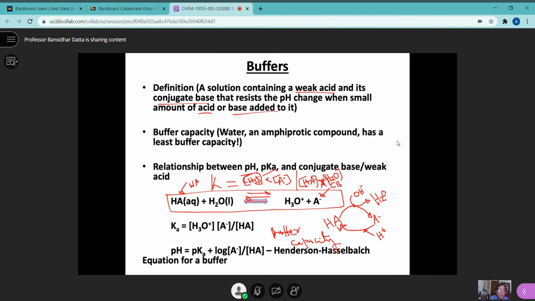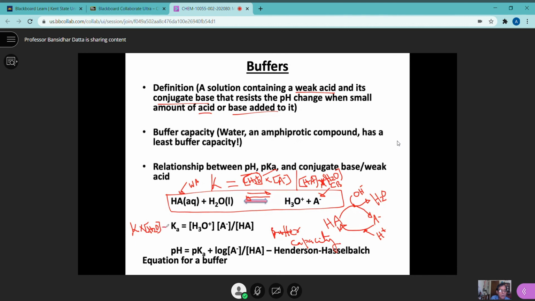Water, remember, is a constant. We talked about it earlier. You have too much amount. So we multiply K times the concentration of water, H2O,